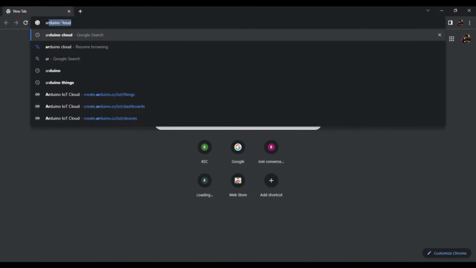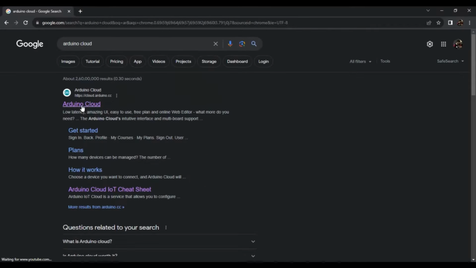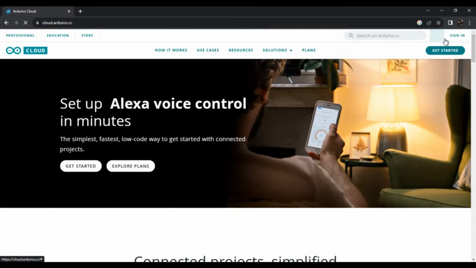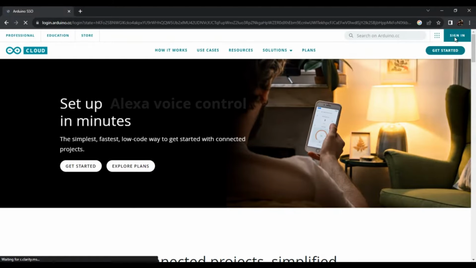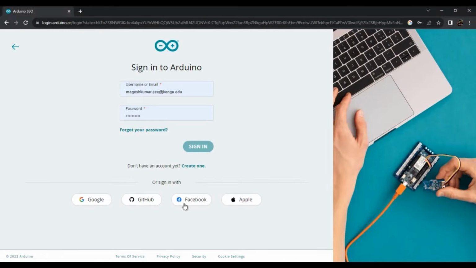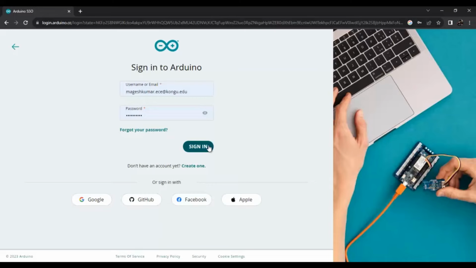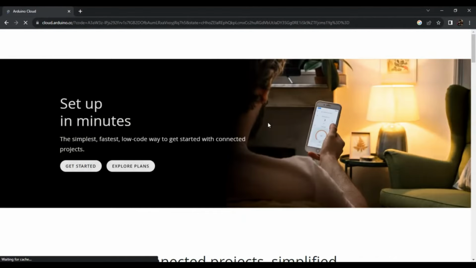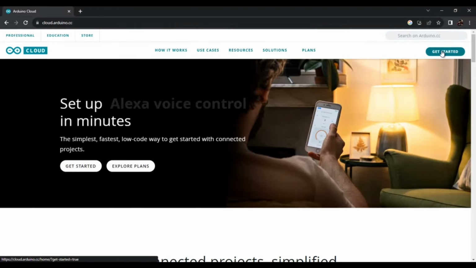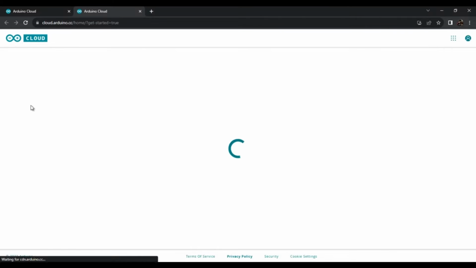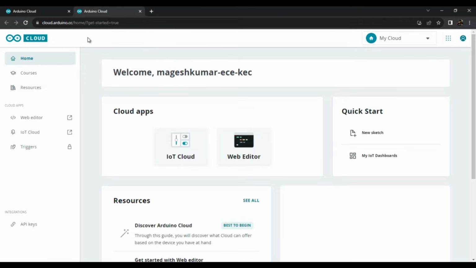So, Arduino Cloud, you just have to create an account in this website so that you can log in and start doing projects. So I'm clicking get started, where it will take you to the home page of your Arduino